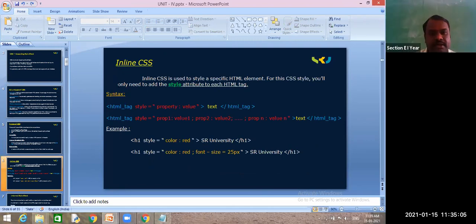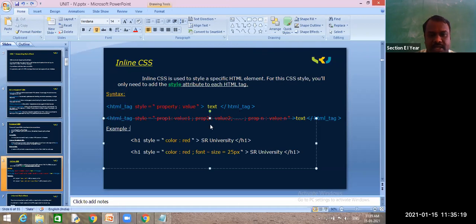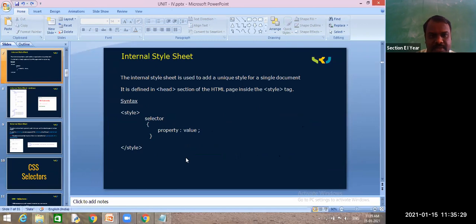Okay, very good. Inline. So is this the syntax for inline or not? Just I have given the tag name, but it is an HTML tag. Both are the same or not? A style, property, value. When it is one property, that is one way; when it contains multiple properties, you need to go for this approach. This is the thing we have learned in today's class also with an example.